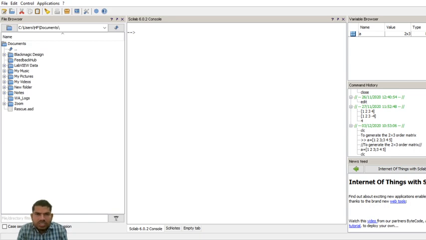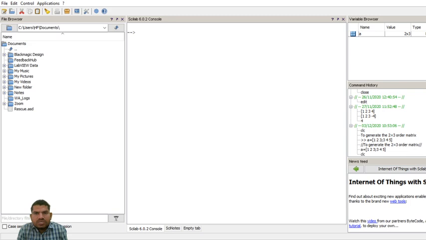Coming to the next experiments, such as the generation of signals, we will go for another window. In the console window we just type edit, and then we get the editor window, one more window. On the editor window we write the program and execute it.